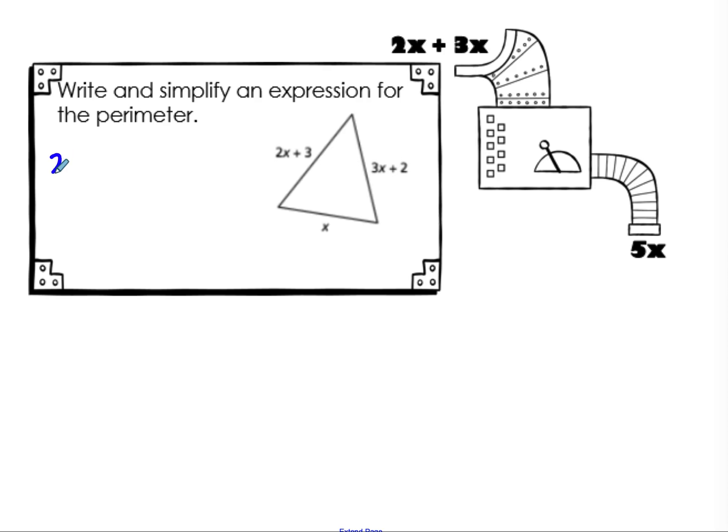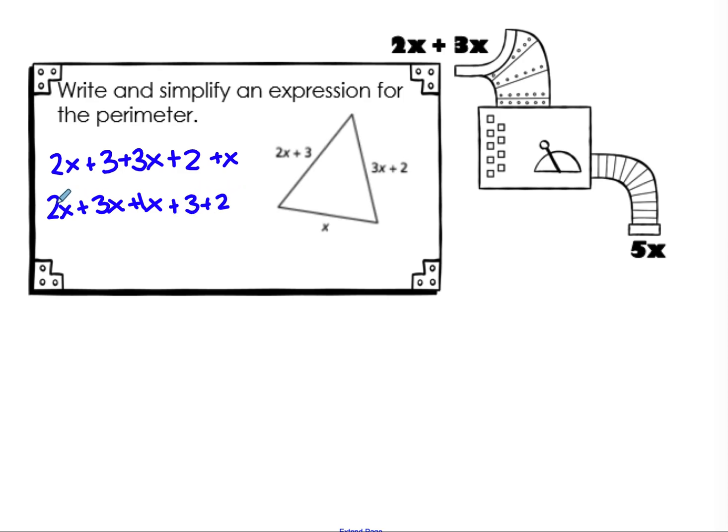Okay, so I'm going to start by writing 2x plus 3 plus 3x plus 2 plus x. So 2x plus 3, 3x plus 2 plus x, written as one big, long addition problem. Now I'm going to reorder. I'm going to put my x's together. I'm going to put my constants together. 2x plus 3x, I'm using my commutative property here, plus 1x. If you like to see the 1, you can write the 1. You don't have to. Plus 3